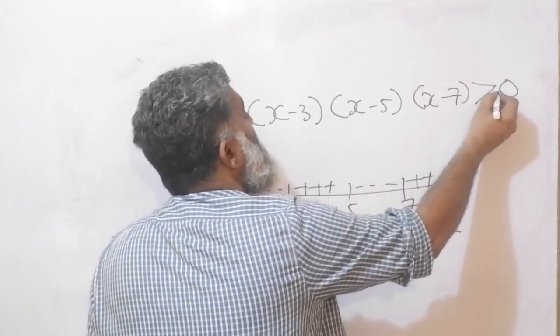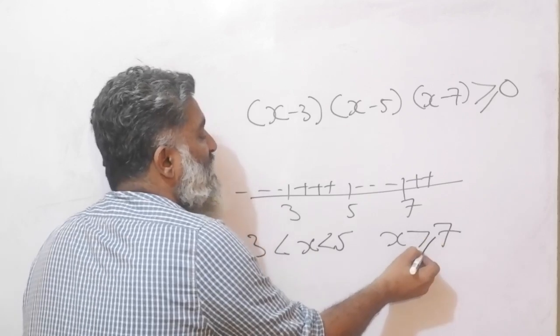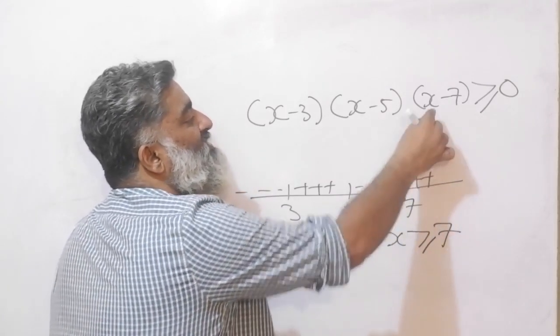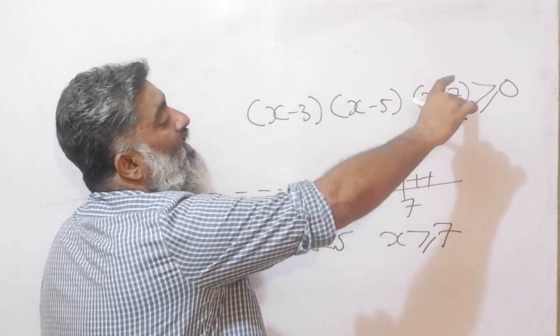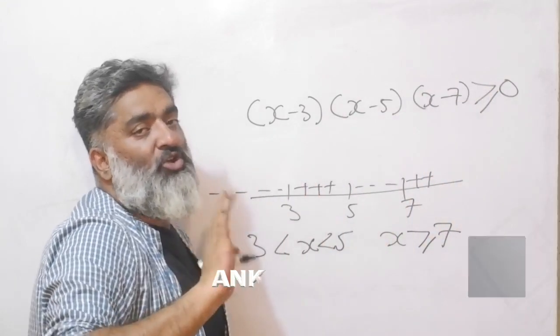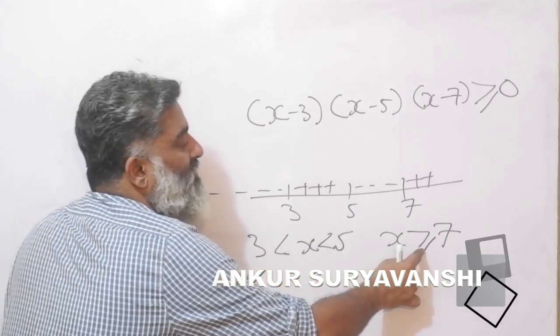But if I put an equal sign in the expression, I have to adjust accordingly. I have to put an equal sign here also. Why? Because now 7 is also okay. If I put 7, this will become 0. 7 minus 7 is 0, 0 into everything is 0. And equal to 0 is also okay. Earlier 0 was not okay, but that sign means 0 is also okay. So 7 will also become okay.